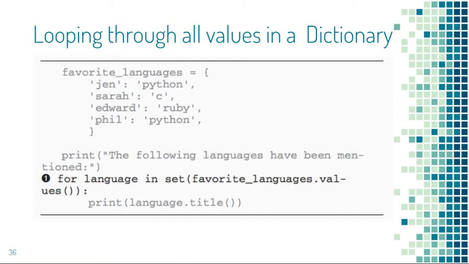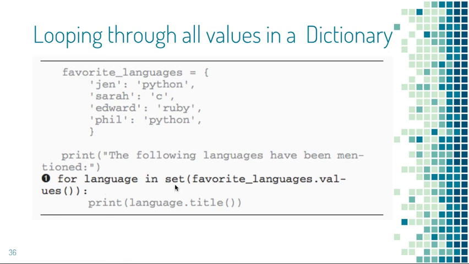That approach pulls all the values from the dictionary without checking for repeats. That might work fine with a small number of values, but in a poll with a large number of respondents, this would result in a very repetitive list. To see each language chosen without repetition, we can use a new data type called a set. A set is similar to a list, except that each item in the set must be unique. When you wrap the set method